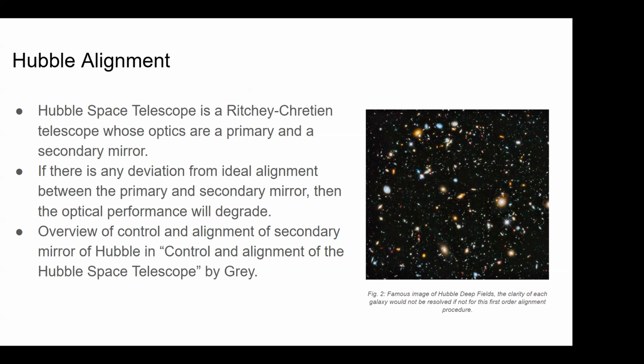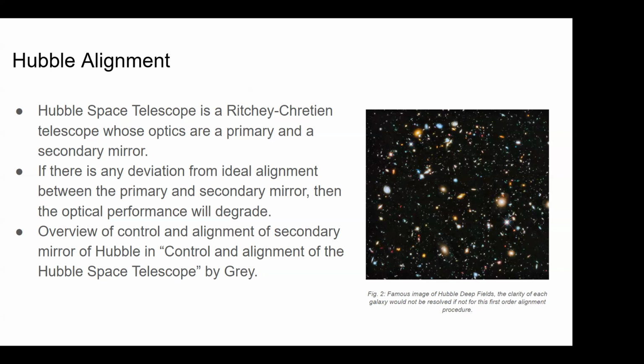Hubble took a smaller journey compared to James Webb in that it's just orbiting around Earth's upper atmosphere, but there are still a lot of uncertainties, and it's important to understand the optical problems related to this telescope when it launches. On the right here is the famous Hubble Deep Field image. This probably wouldn't have been captured if it weren't for this first order alignment, an algorithm that was worked on in the paper The Control and Alignment of the Hubble Space Telescope